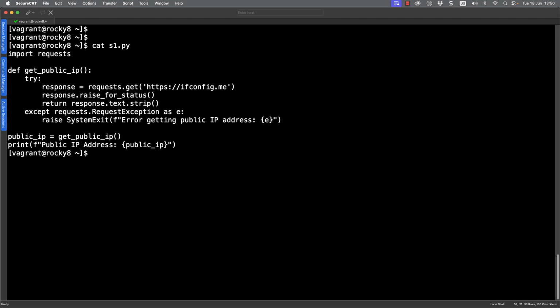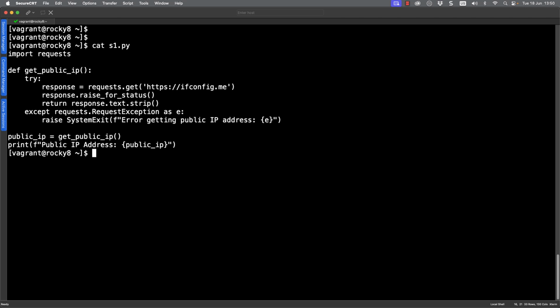We can see that we've defined a function, get_public_ip_address, and we have a try and except block. In the try, we're making sure that we can get a response from ifconfig.me. Remember, we're just using the URL without the option /ip because we know that returns just the IP address.